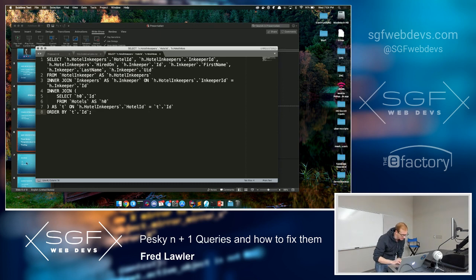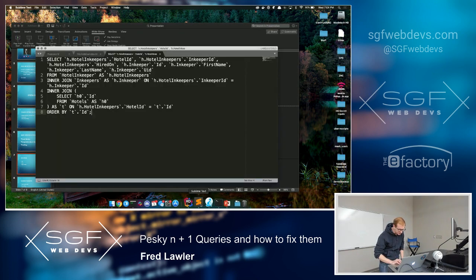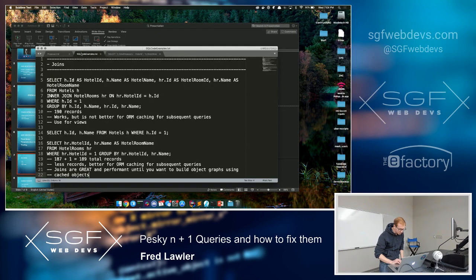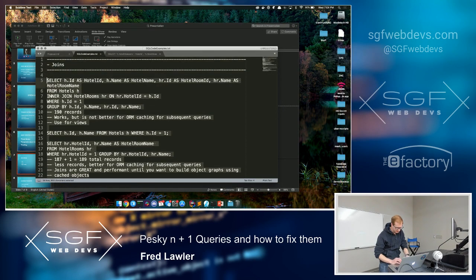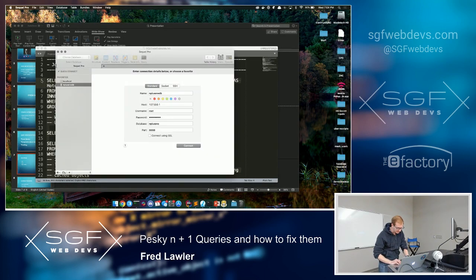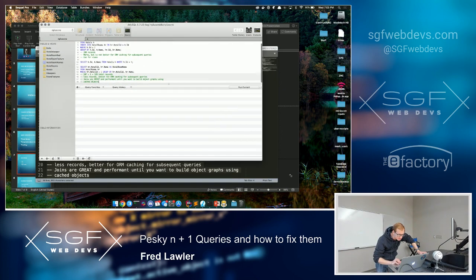All right, so let's move on to solutions then. Solutions to this problem: joins work, views work, and eager loading works. So let's take a look at why joins work for a moment. I've prepared some example code that I'm just going to copy and paste. I'm going to connect to my Docker container, and we're going to run this. Sorry if you can't see this too well, but